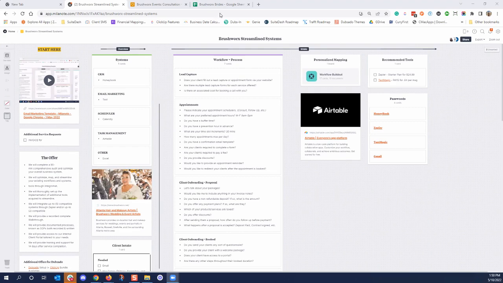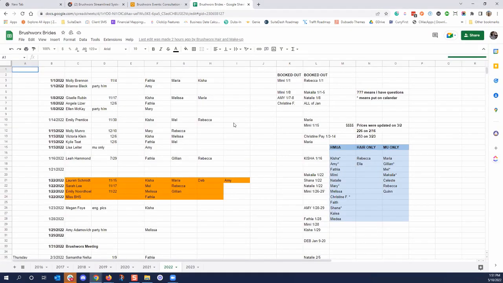So I've already taken time to go into the Excel sheet. I took a look at it, and I also replicated what I could inside of the build out that we're going to do. Now, the biggest thing here is that I saw these names and was not familiar with who these ladies are, and I needed more information to label them as makeup artists or hairstylists, however they fit. So that is one of the things I asked for. Don't worry, I will be sending the list of things that I need in an email, so it's easier for you to give me that information.